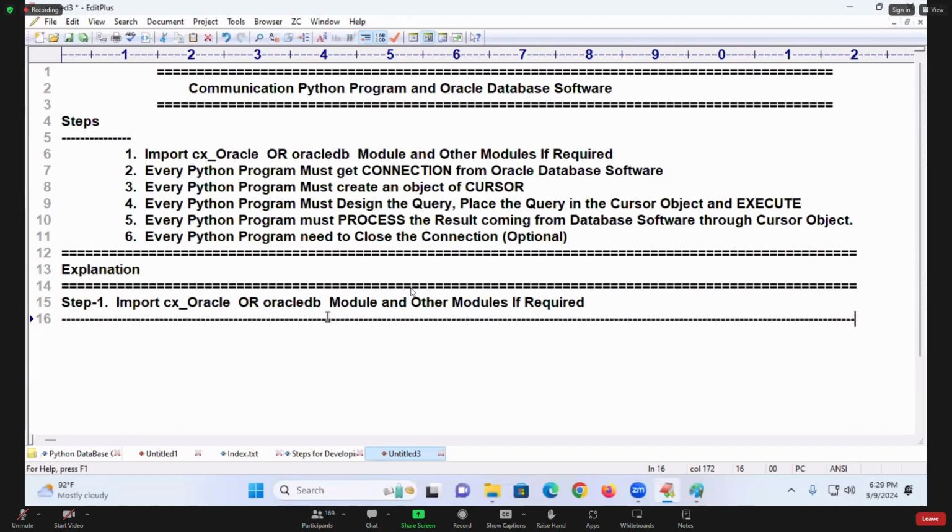Oracle database. The first and foremost thing, when a Python programmer wants to communicate with the Oracle database, then the Python programmer must